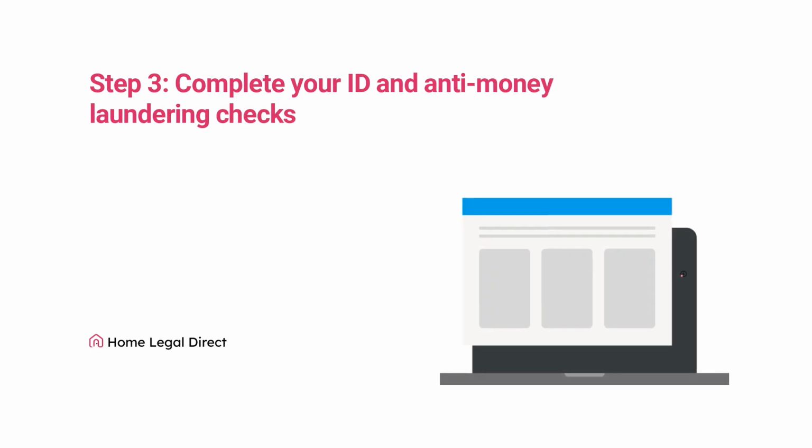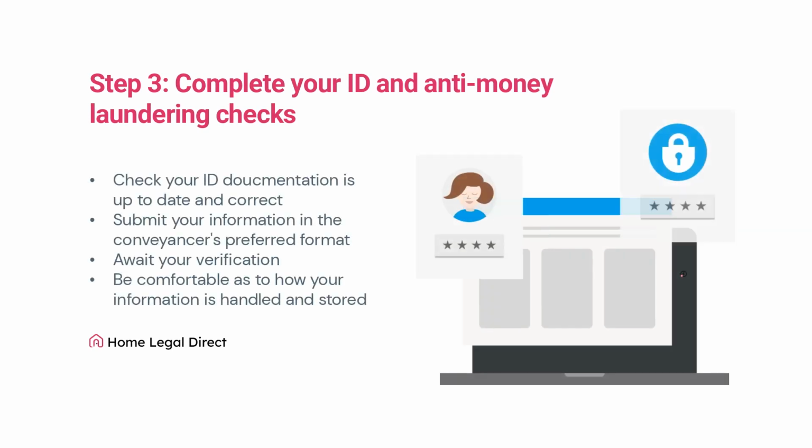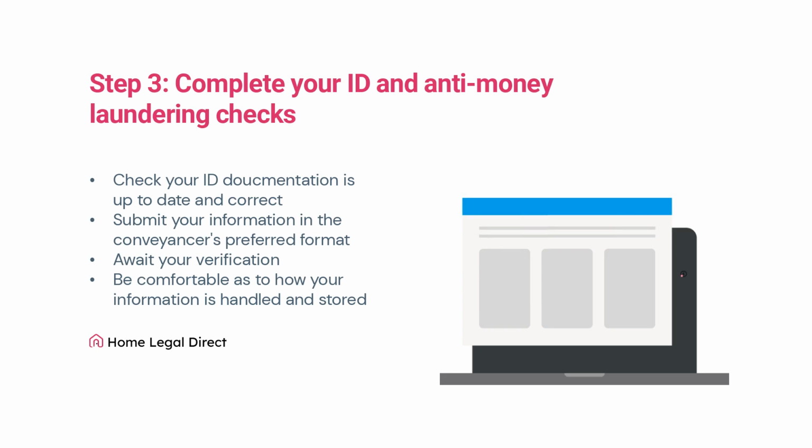Step 3. Complete your ID and anti-money laundering checks. As a buyer, it is necessary to go through identity and anti-money laundering checks. There are various ways this information can be submitted, which will depend on your conveyancer, but it is now commonplace